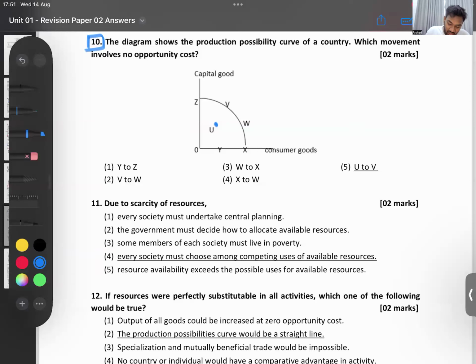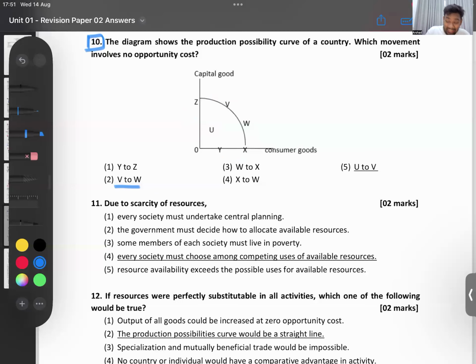So let's say now Y to Z. If you're going from Y to Z, you have to sacrifice this. There is an opportunity cost. When you're going from V to W, then you have to sacrifice this. When you're going from W to X, you have to sacrifice this. X to W, you have to sacrifice this. U to V, when you're going from U to V, Lama, you can see there is nothing that you sacrifice,